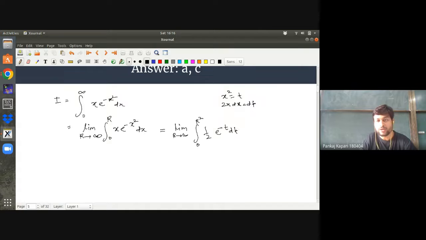Okay, so now what is the value of this integral? It is limit r going to infinity. So you can integrate e to the power minus t, right? It's half of minus of e to the power minus t from 0 to r square. These are limits, upper and lower limit. Okay,